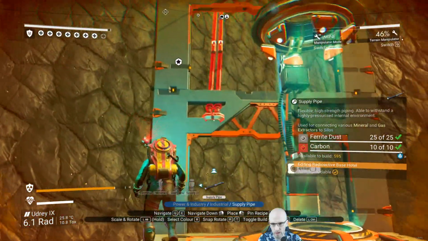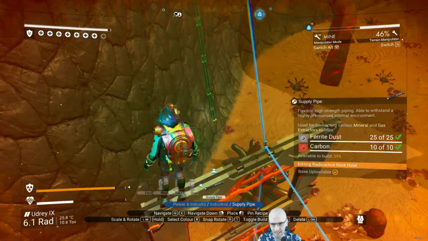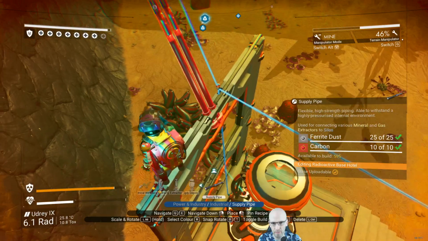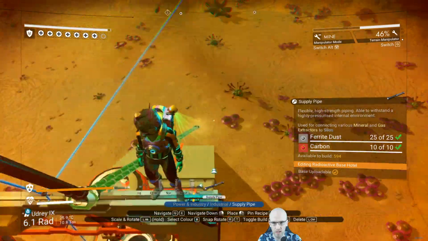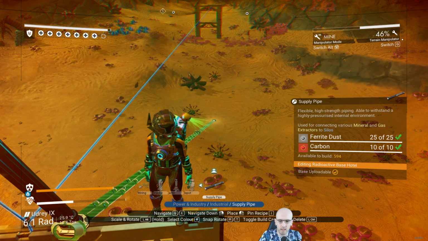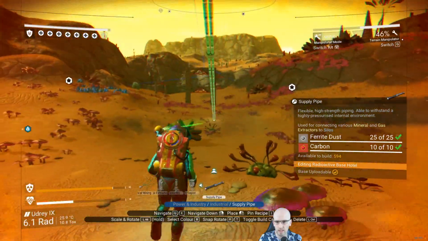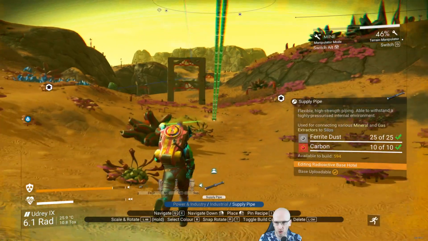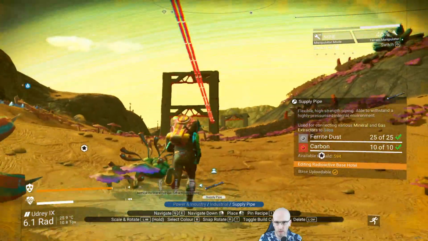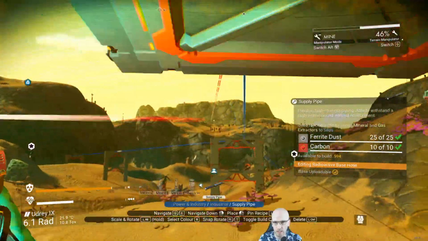And now to do it without going into the teleporter. The thing with the supply pipes is you have to do it in one go. I can't stop this and then continue from here. I have to do it in one go. Part of the challenge. So over here, we've made it a little bit easier for ourselves because